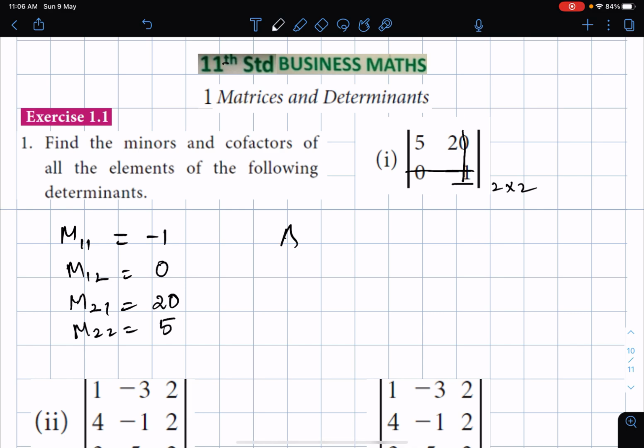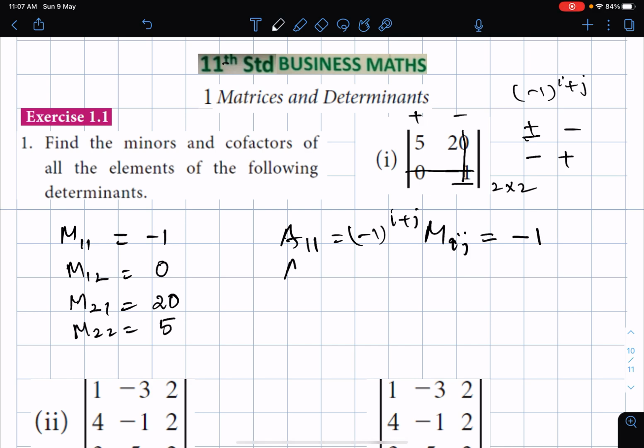Now we are going to go to the cofactors. Cofactor A11 is nothing but equal to plus. In the 2 cross 2, your sign pattern is plus minus, and again here for 2 1 you will get a minus and a plus, isn't it? Because it is a signed minor, and you get the sign from the formula minus 1 power i plus j, into Mij. Applying this formula for the first element, it is plus, so your answer is going to be minus 1 as it is.